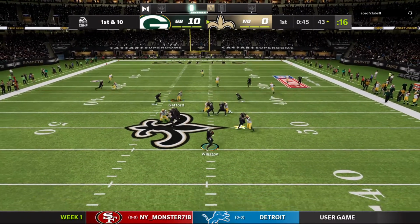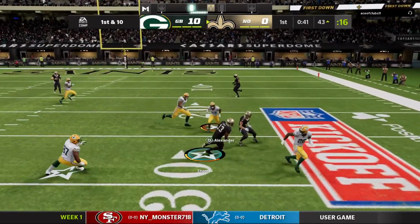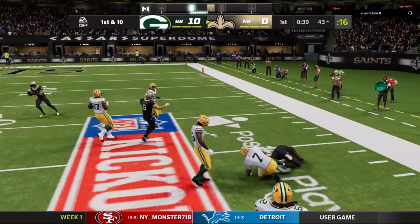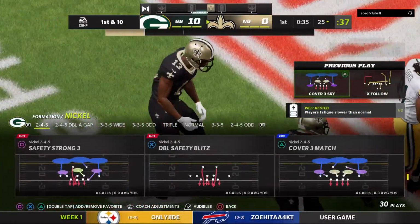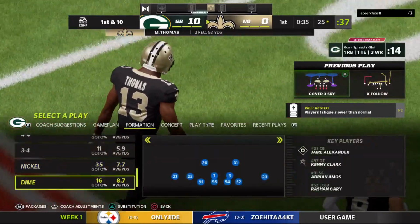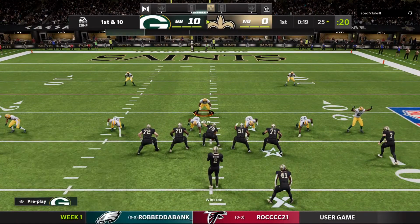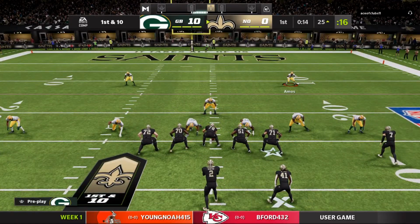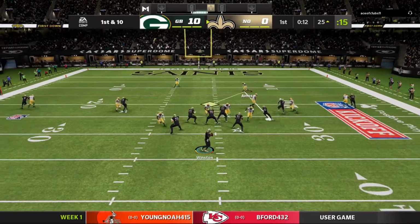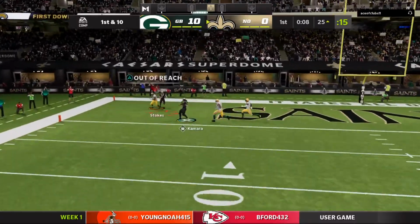Here's Winston. There again is Thomas. They've gone to him a lot. And they're able to get this one past the 30 to the 25-yard line. And a nifty catch there for a first down by Michael Thomas. Still getting used to the fact that it's not Drew Brees throwing him passes. Never really 100% in 2020. Battled some injuries along the way. Ended up only suiting up for 7 games, 40 catches. That's a tough drop because in 2000...